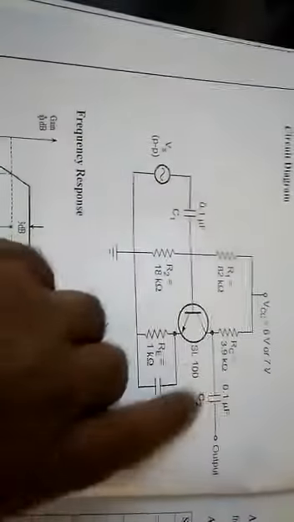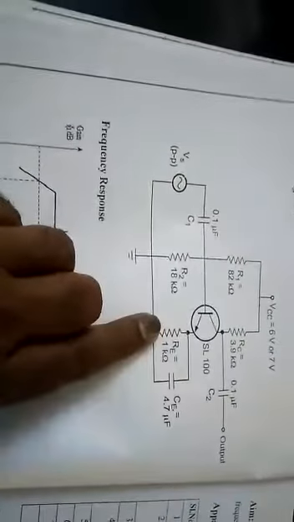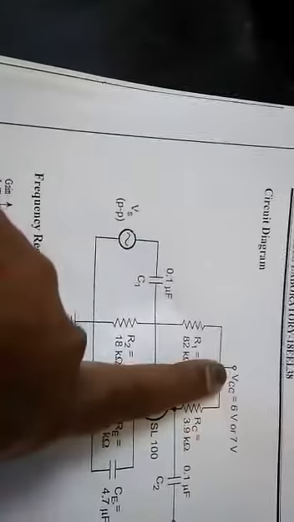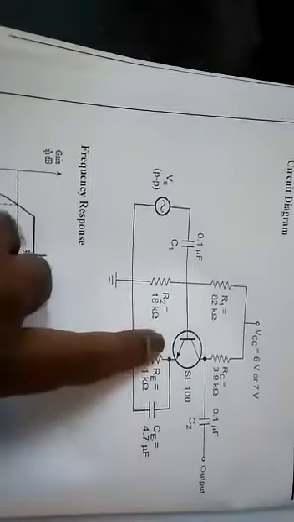Transistor, 0.1 microfarad capacitor, 0.1 microfarad capacitor, 4.7 microfarad capacitor, 1K resistor, 18K from base, 82K, this also comes from base, this is 3.9K from collector, this is VCC. Voltage across collector is 6 to 7 volts. Okay, this is the ammeter, and the 1K resistor is connected to the ground.